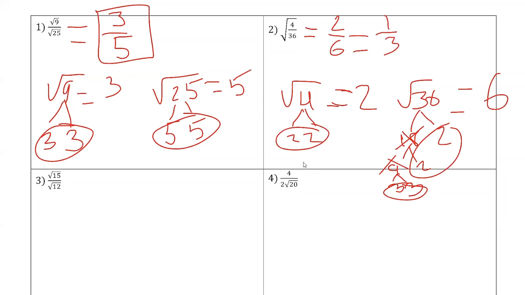Basically, the idea is you want to figure out a number that divides into the top and bottom. So you could divide the top by 2. You could divide the bottom by 2. But